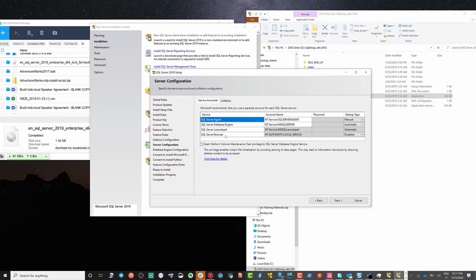Do I want the SQL Server Browser automatic or disabled, the SQL Server Agent manual or disabled? So again, it's a matter of what you feel is good for you. So this is what I'm going to do. I'm going to leave them as they are, because I can always change later on whichever one I think I need to toggle to a different setting. So I click on next,